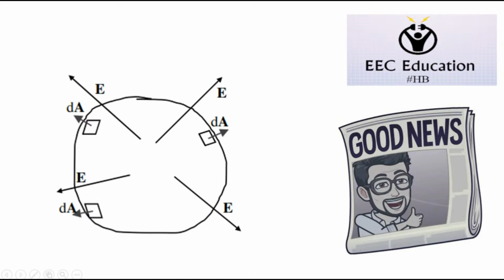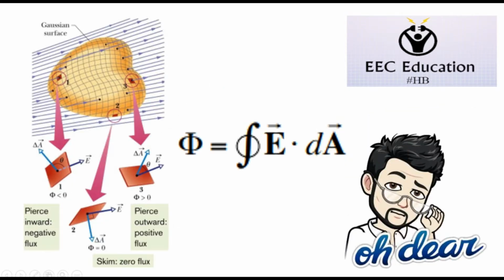For Gauss's law, we are going to evaluate the electric flux through a closed surface, like the surface of a balloon or a soda can or a cube, or just some imaginary surface in space, like this. So, to calculate the flux, you have to break your surface into little patches and integrate all the small fluxes through each little patch. Of course, any surface can be thought of as the sum of a bunch of little patches.